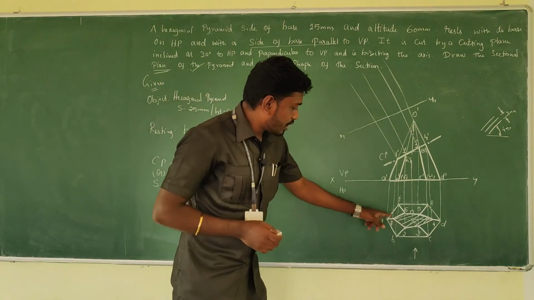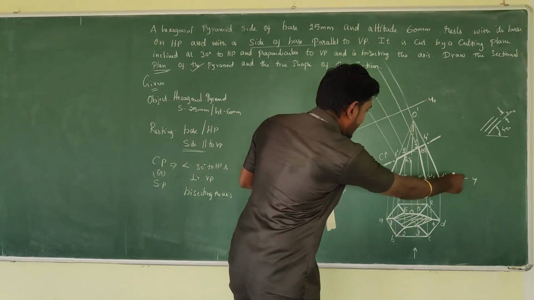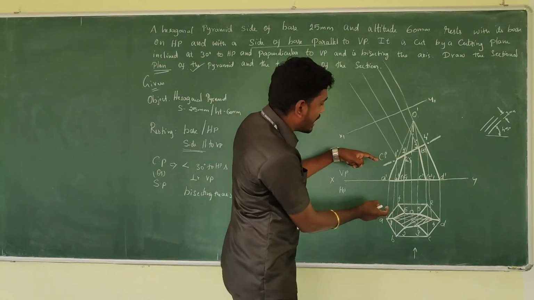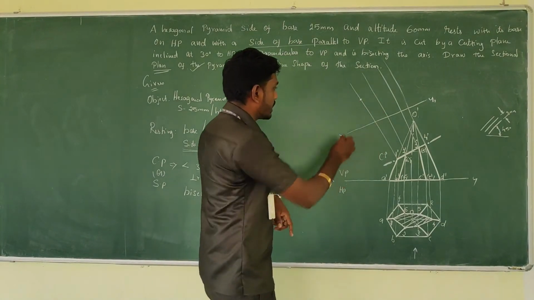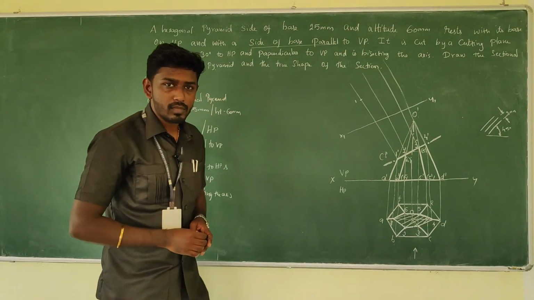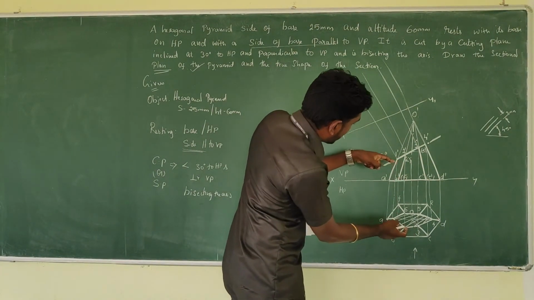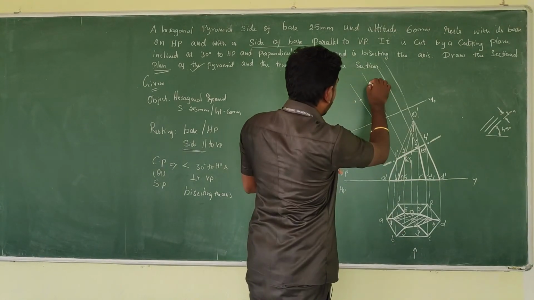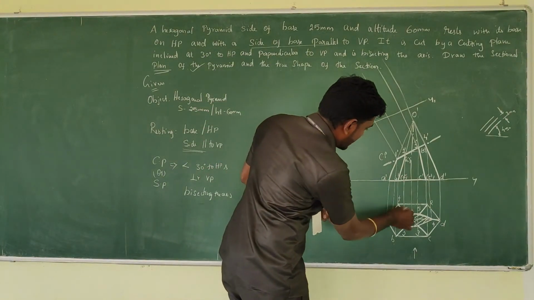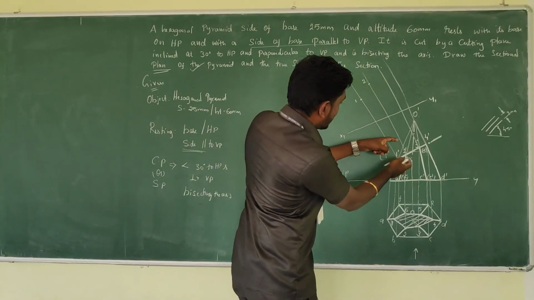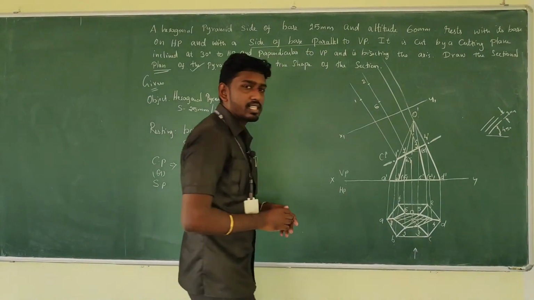I am going to make it for the first point. Just get the perpendicular distance. From the reference line, measure the perpendicular distance, and in the respective line 1 make a cut mark. So here you will get cut, this is 1. Then move to the second one. Measure the perpendicular distance from the reference line, and in the particular line make a cut, you will get 2. Then in the same line we have 6. Take the measurement and in the same line make the cut mark, you will get the 6th point.